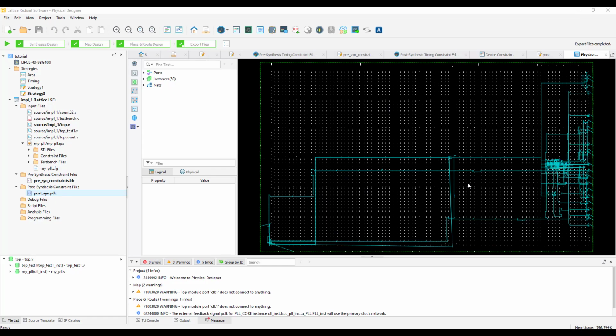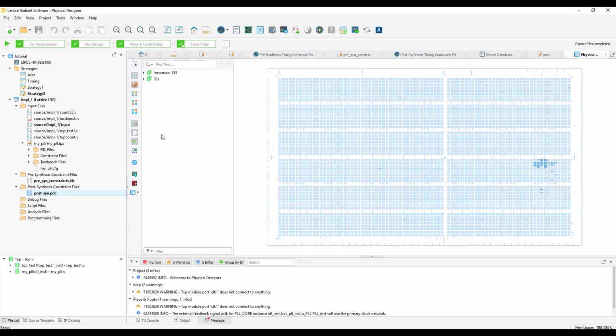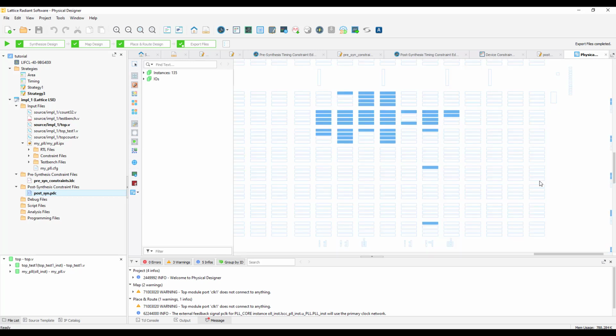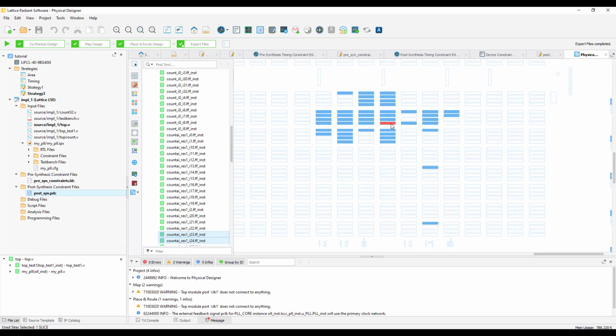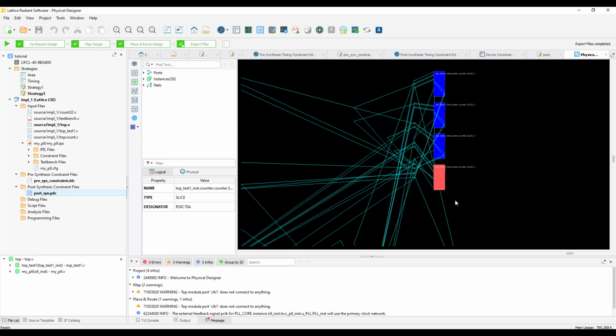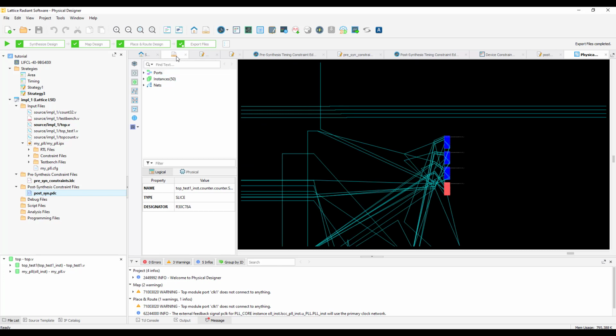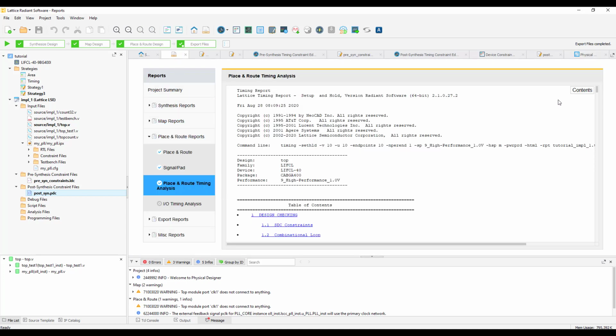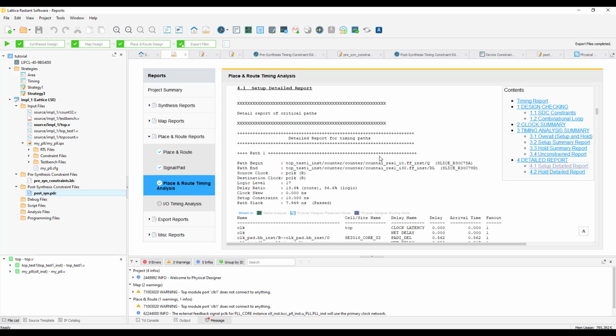We also have a functionality called cross-probing. What is cross-probing? If you want to see something from the placement mode, and if you want to see how it looks in the physical view, you can right-click on one of these placed slices and select Physical Designer Routing Mode. This opens up the Physical Designer Routing Mode, and it shows you how it looks in the physical view. You can also do that from the reports. If you go to the Place and Route reports, and if you go to a Setup Detailed report, you can also see the path shown in the Netlist Analyzer, Physical Designer Placement Mode, or Physical Designer Routing Mode.